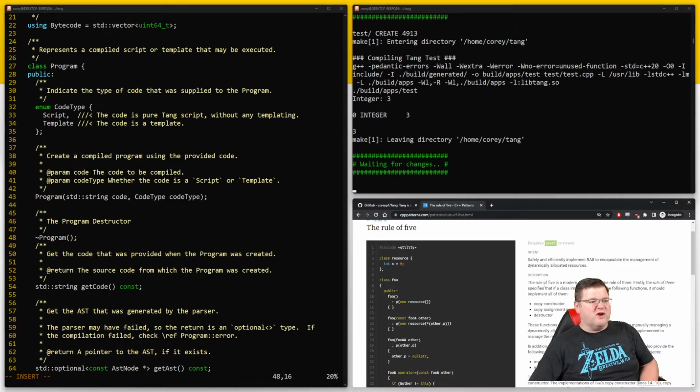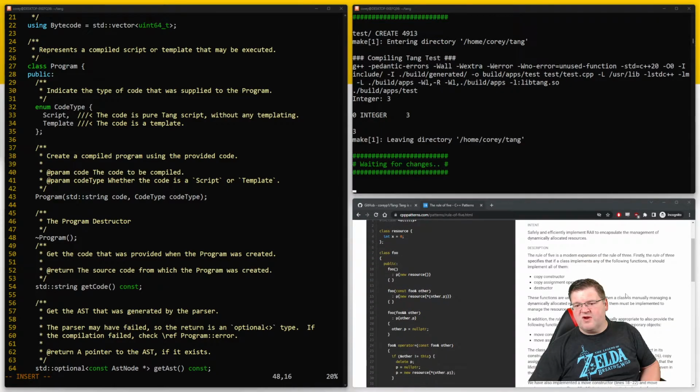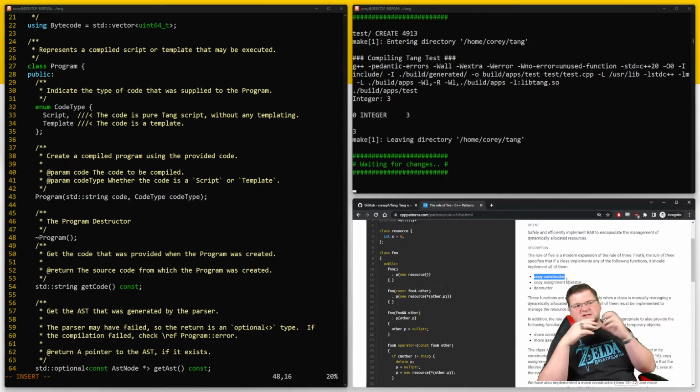Basically, if you have to create a destructor, and we have to because we're needing to clean up memory, then we actually need to create 5 things. So originally it was the rule of 3. So we created a destructor. That means we also need to create a copy assignment operator and a copy constructor. What happens if I say program is equal to this, and then I create another program as I don't want to copy that